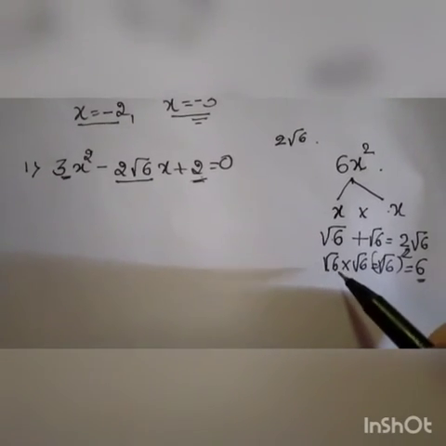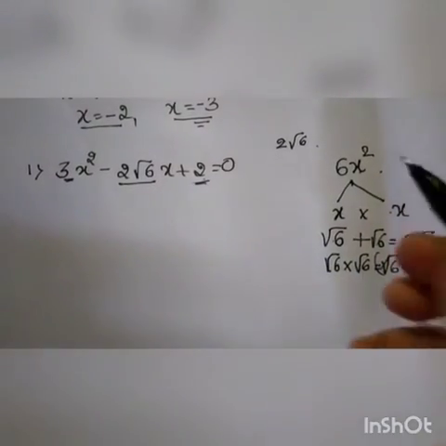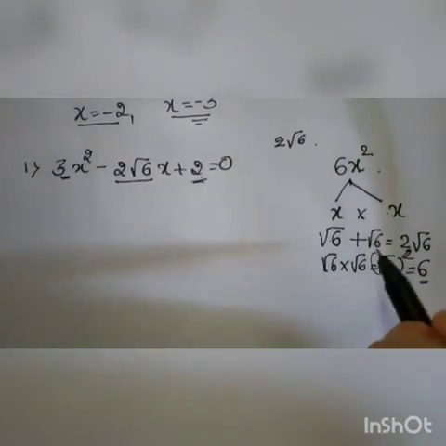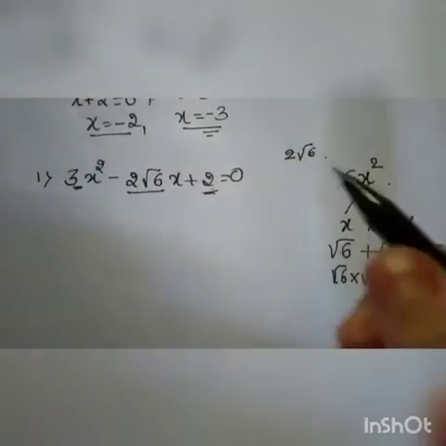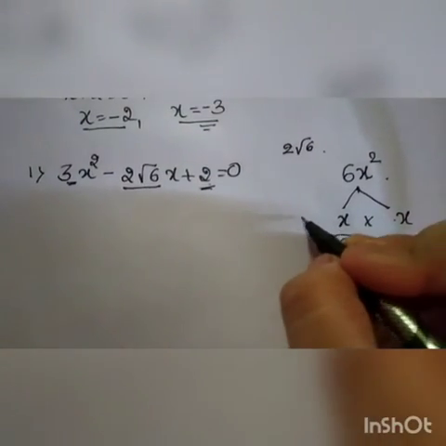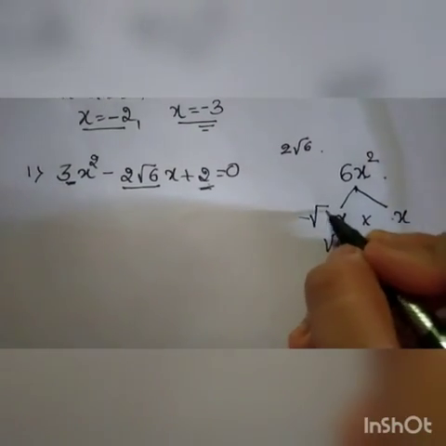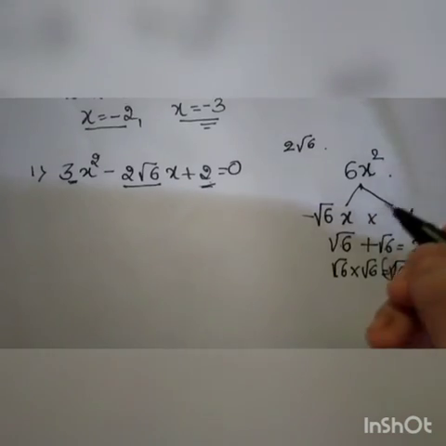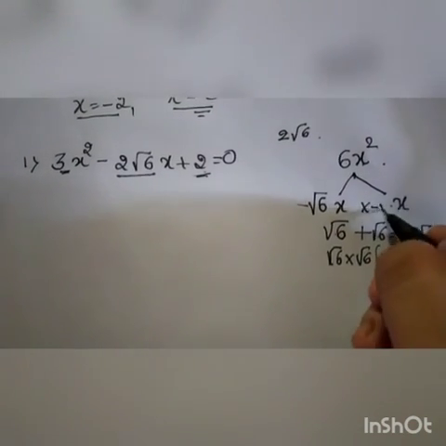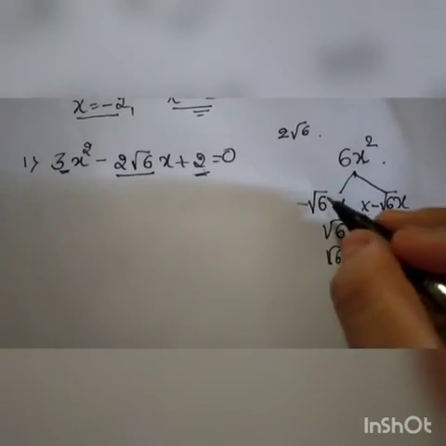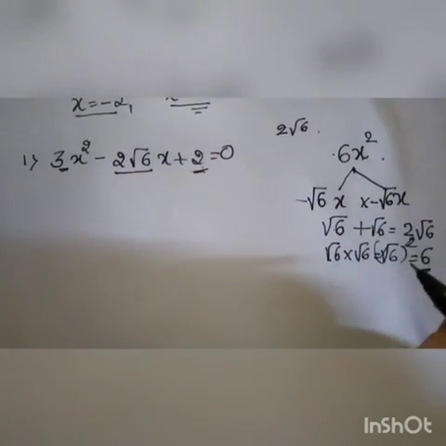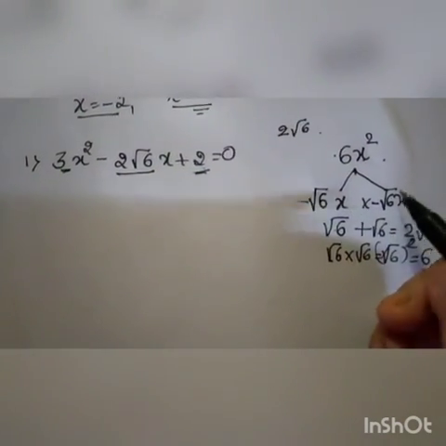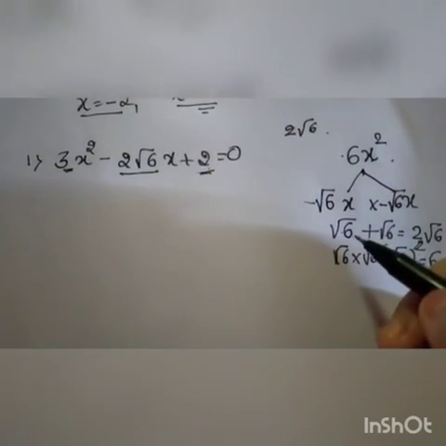So if I want root 6 into root 6, I can also get 2 root 6 also. But here there is a minus. So I have to take minus root of 6x into minus root of 6x. Then minus into minus is obviously plus, root 6 into root 6 is 6, x into x I'll get x square, and minus